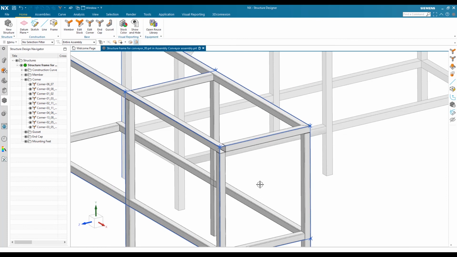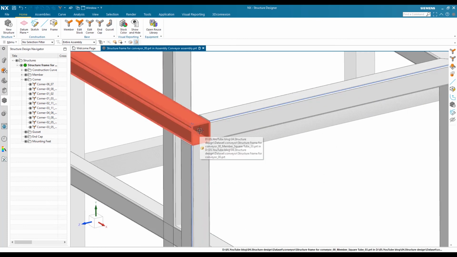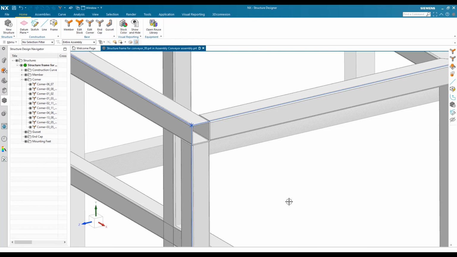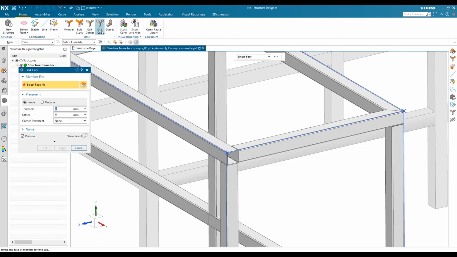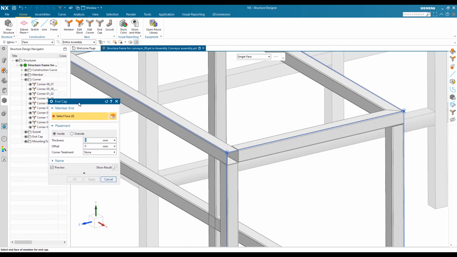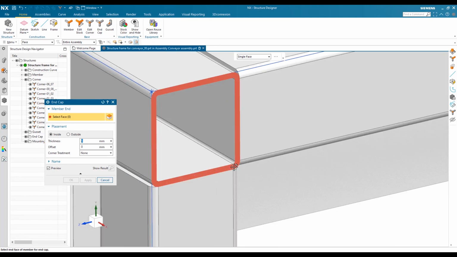After editing the corner, I see here it doesn't look like a nice structure, so I want to do end capping. NX also provides you an option for adding an end cap. By clicking the end cap icon, you will open the end cap window, and to assign an end cap, you just have to select the